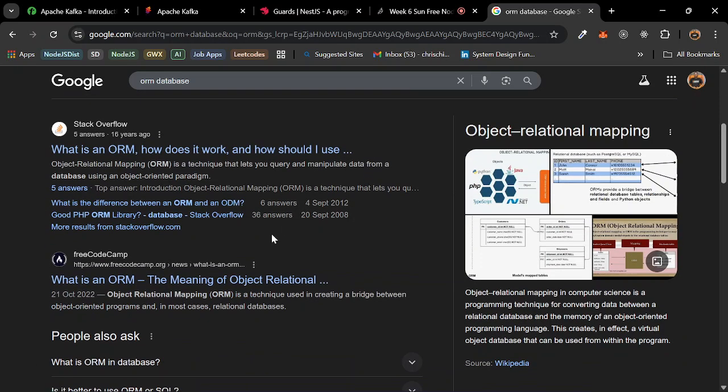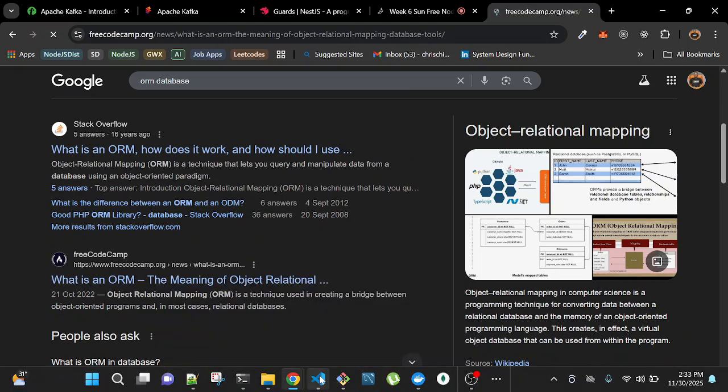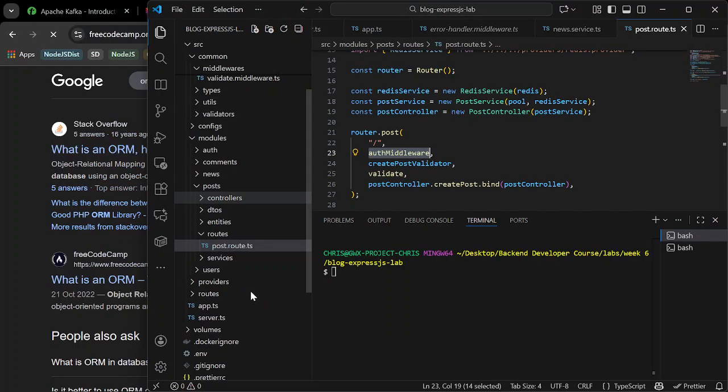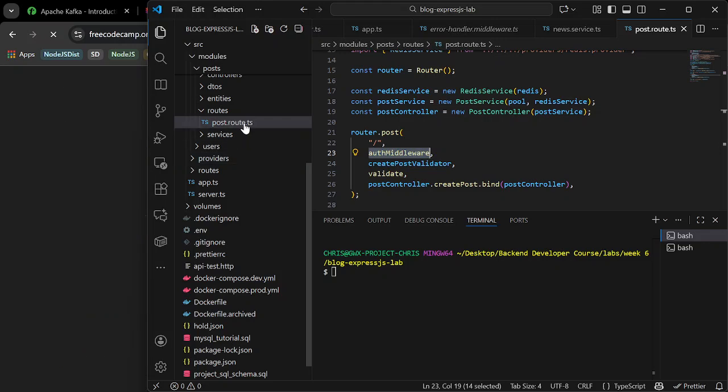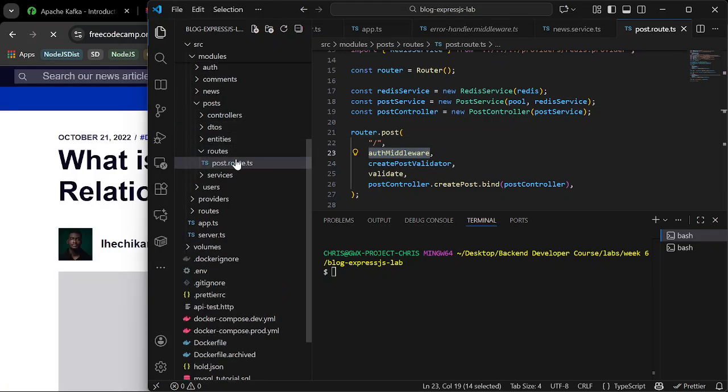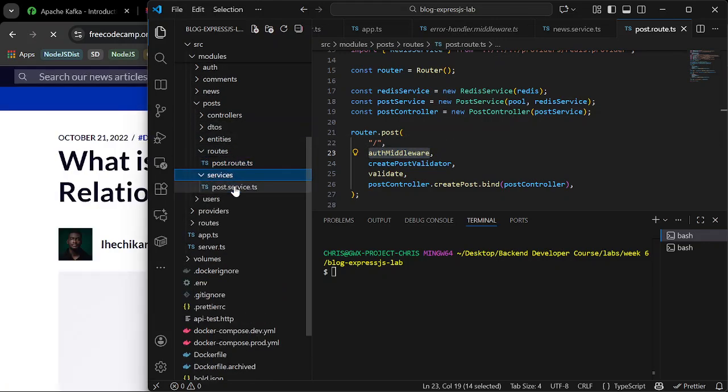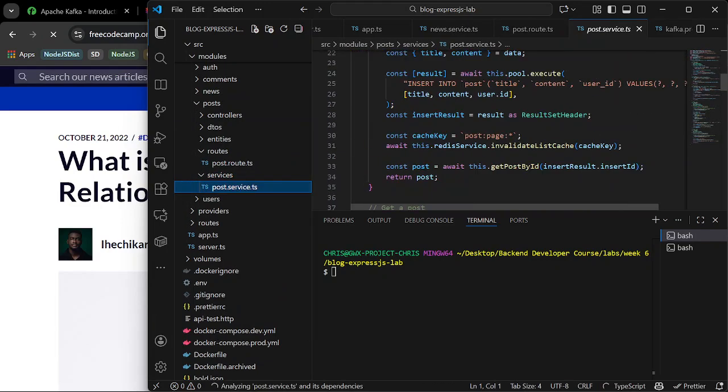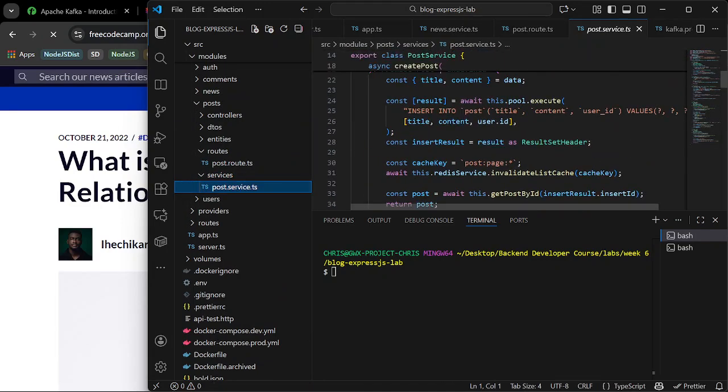Right. So in our Express project, we used raw SQL. If you check here, we used raw SQL to write queries and interact with our database. We wrote raw SQL queries here.